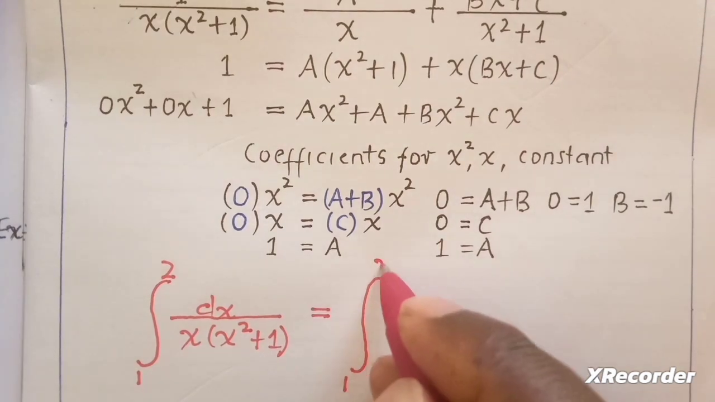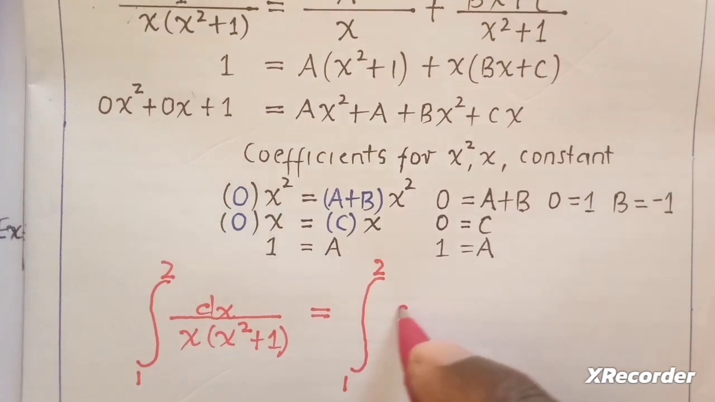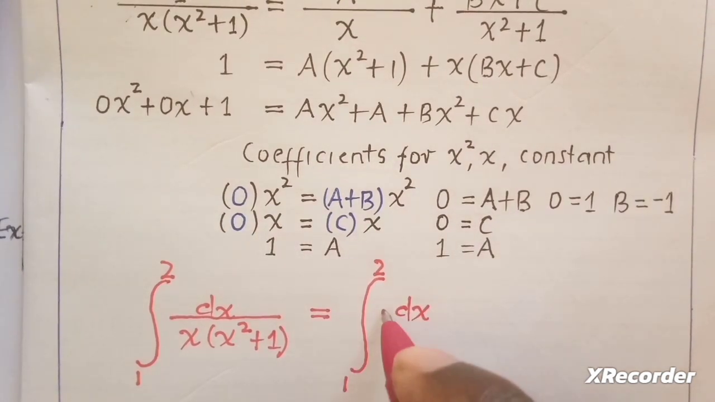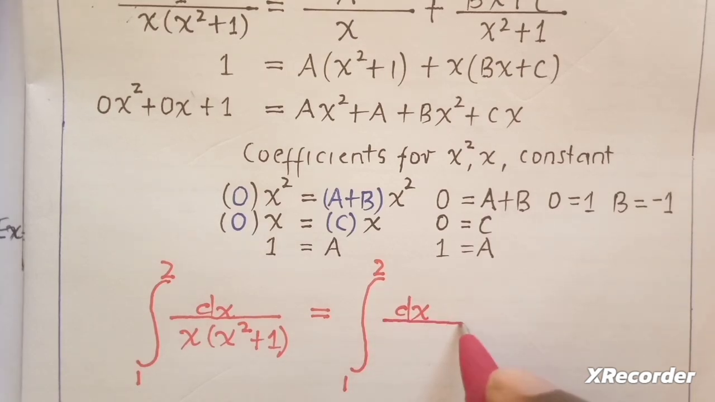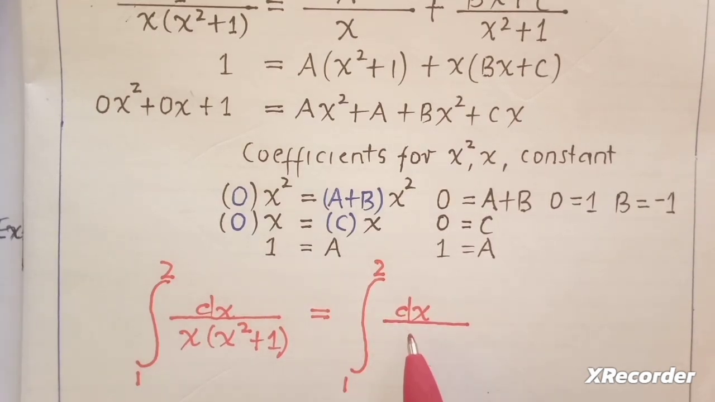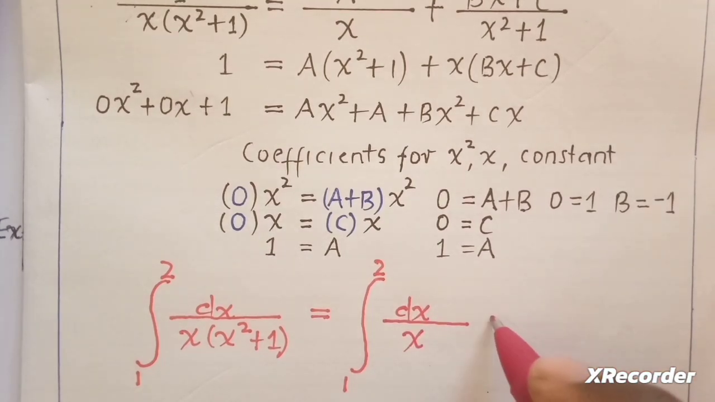From 1 to 2, and I write a, which is 1, that is now dx. I don't have to write 1 there. It's quite okay, because even without 1, 1 is there. So this one is now going to be x, like that, plus